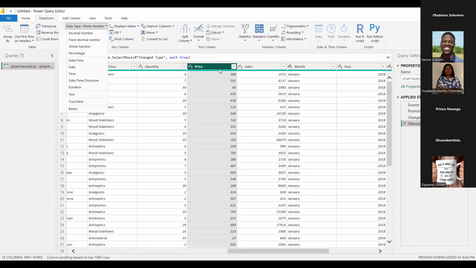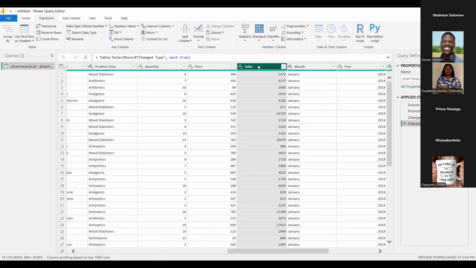So we've already noted one thing we are going to change, that is changing the data type of this, changing the data type of this.